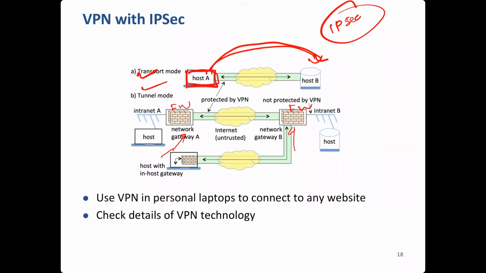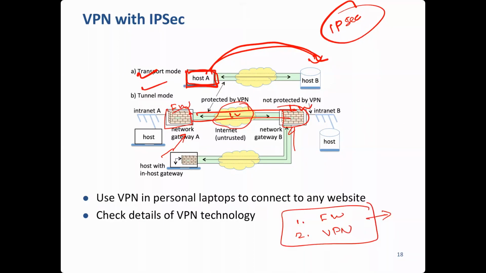So between north campus and south campus, which are connected over the internet, you can create this kind of tunnel. So that's the second technology. First is firewall, second is VPN. Now you should see whether you are using both of these or not. At least when you connect to institute servers, you have to use VPN. I am sure the institute must have a policy about it.